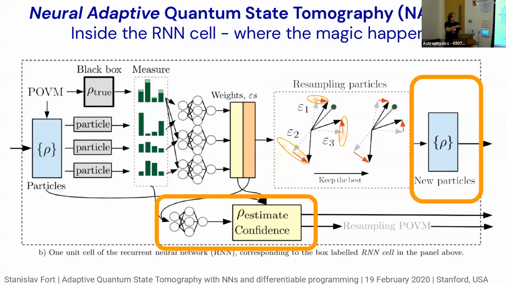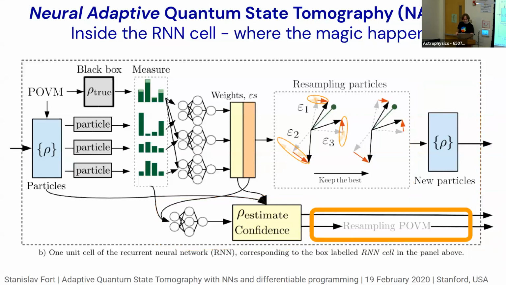And so this gives you the new bank, as I said, for the next step of the iteration, and a better estimate. But the way we do this estimate again is we don't want to bias ourselves in using these weights in this particular way. We say, well, these are the weights, do something with them using a neural net, and then combine them to the actual estimate. And this actually works better than us hand coding what should be done. So there's another neural net making a new estimate and the confidence it has in its own estimate of that state.